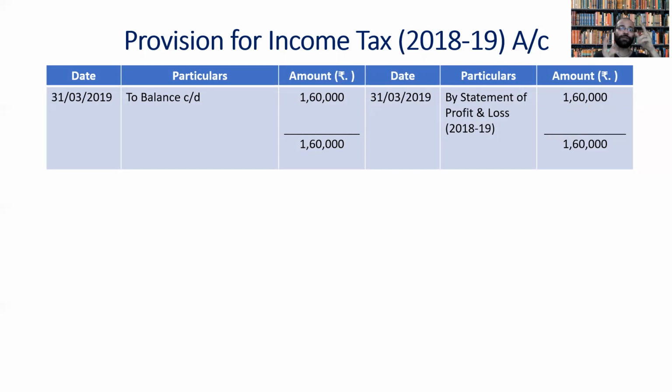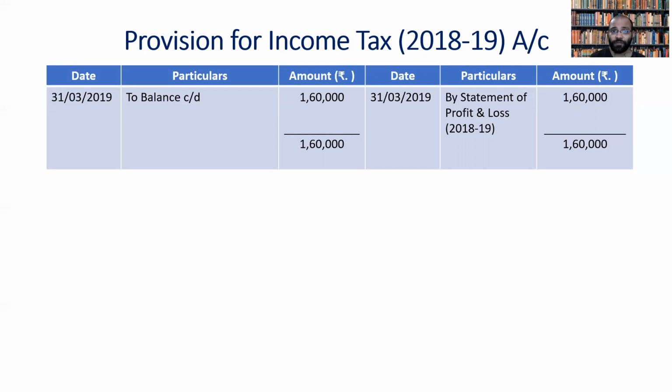So here in this question, we are preparing the provision account for two years, that is 2017-18 and 2018-19. Since two years are given, please understand that for 2018-19 the balancing figure would be carried forward. But for 2017-18, since it's a previous year, it has to be tallied. Please remember that. It has to be tallied, as I showed you in the previous slide.